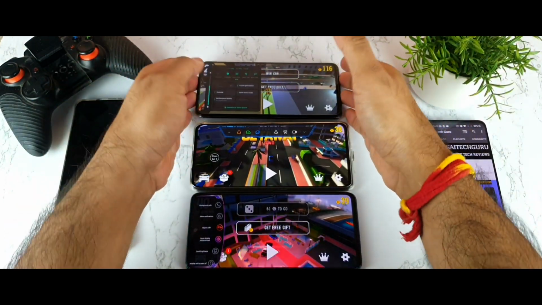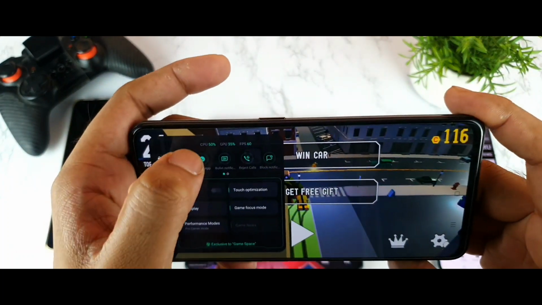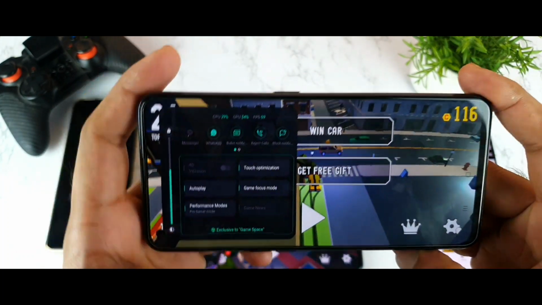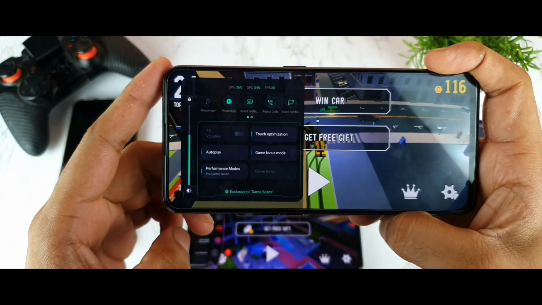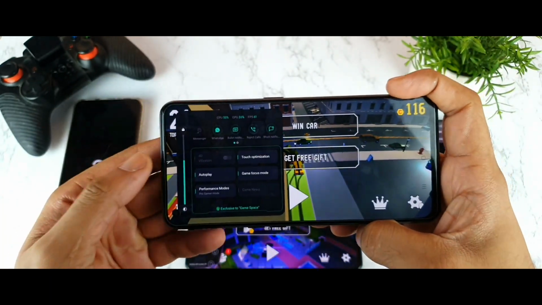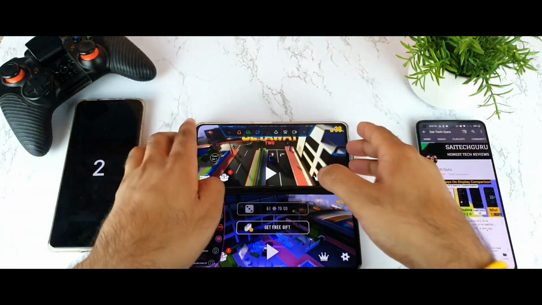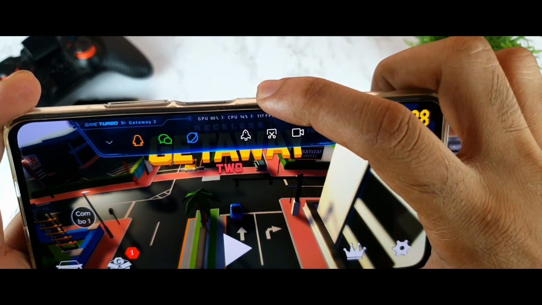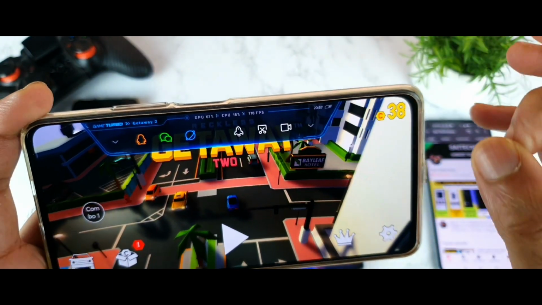As you can clearly see, friends, the Realme UI is doing a pretty good job in terms of showing the CPU, GPU and all the information right around here. As you can see, you're getting so much information. That's fantastic. Even the MIUI as well, we are getting the real-time FPS meter, as you can see, which is also a really good thing, friends.